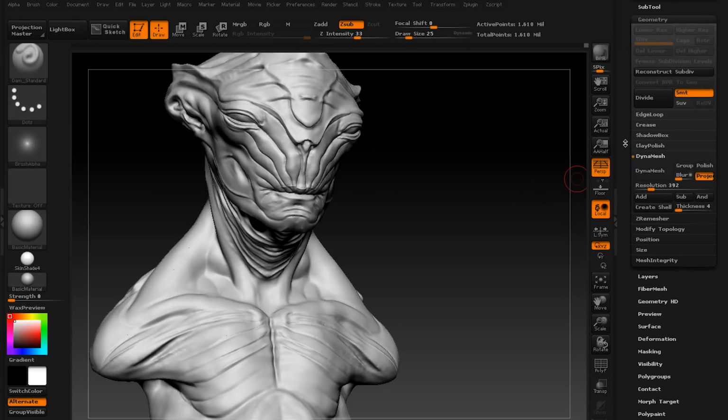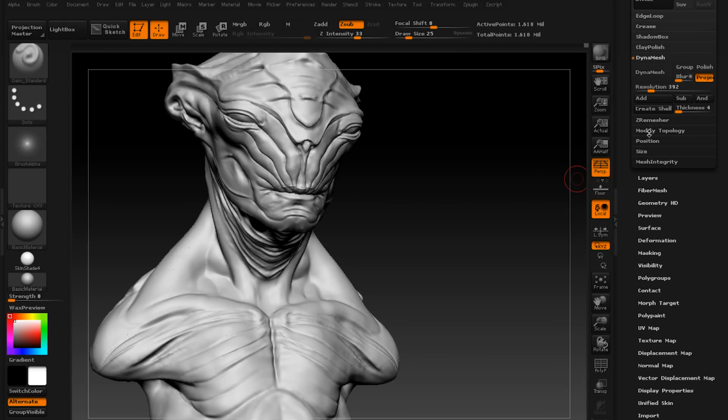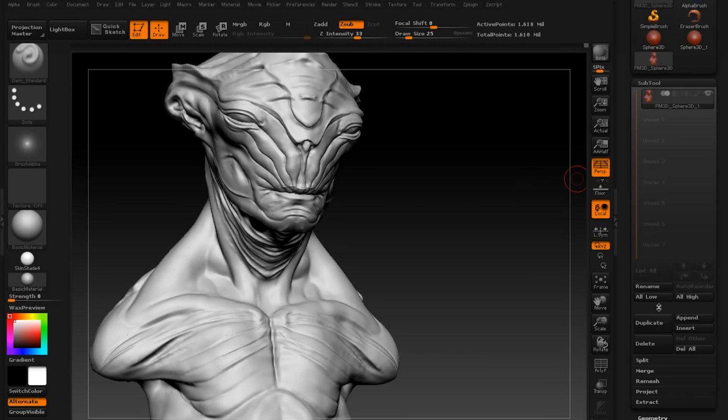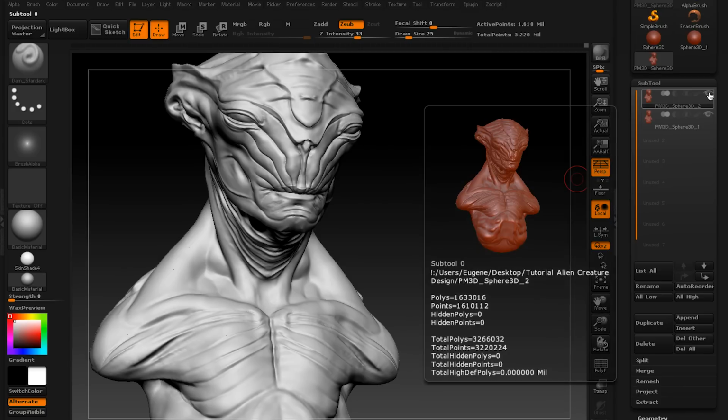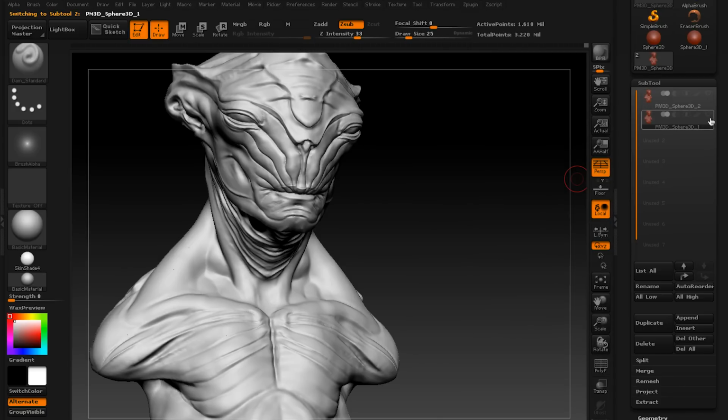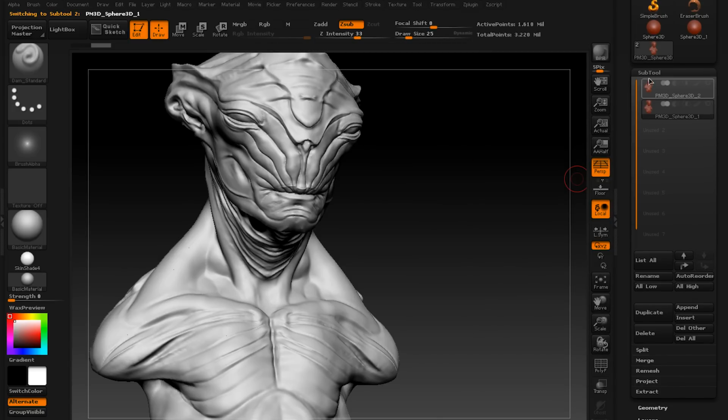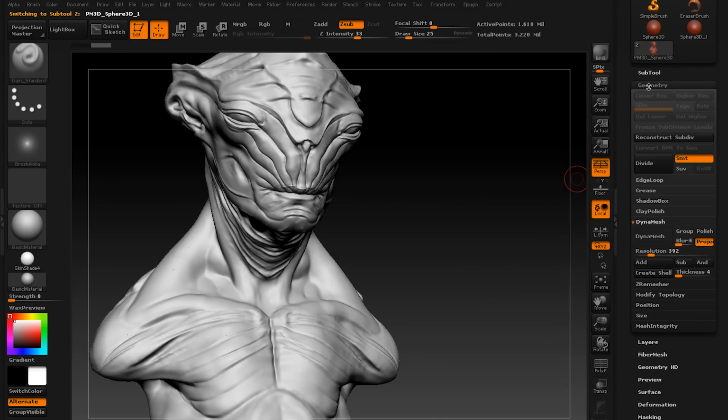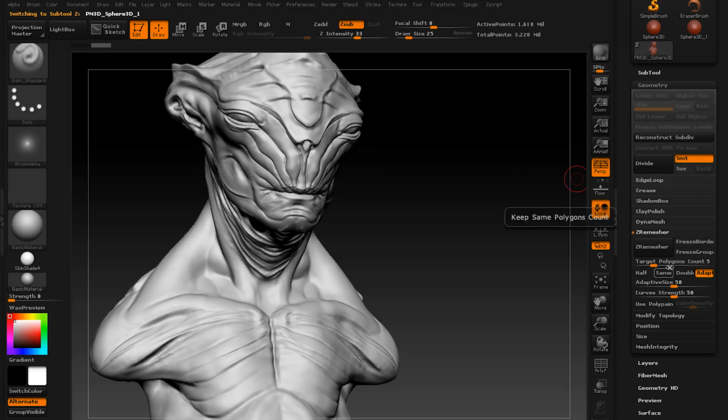Then in the Subtool menu, we'll duplicate our mesh here, hide the original one and select the new one. Now the order is important here. Then go to the Geometry tab, press ZRemesher, and it has a lot of settings, but defaults are fine. 5K target polygon count, adaptive. Just press the remesher and let it run its course. It might take some time,